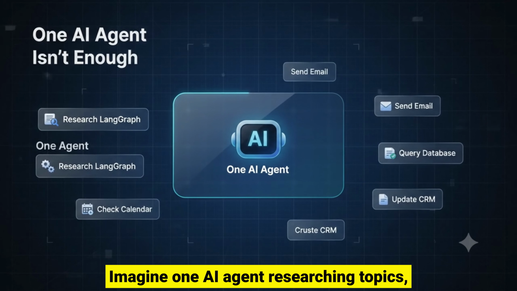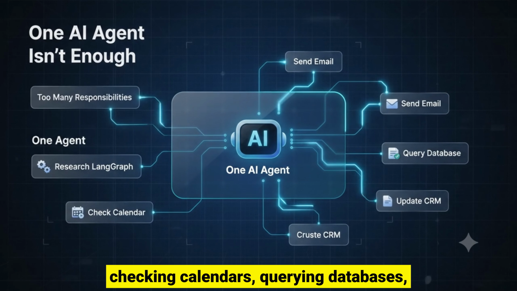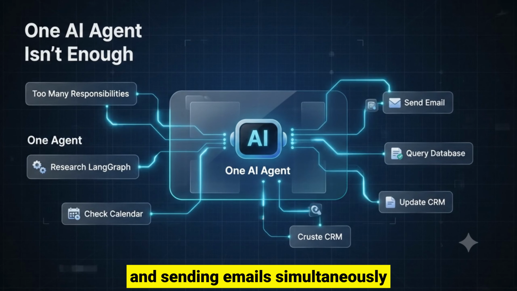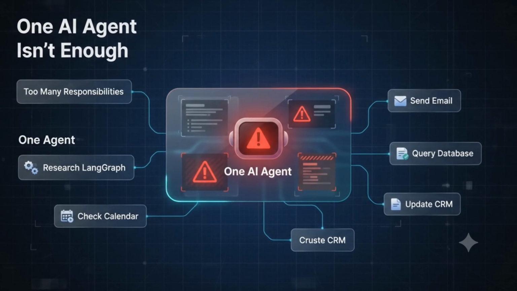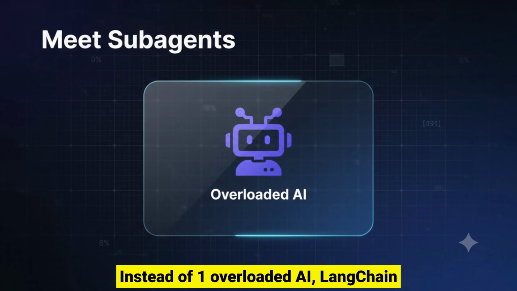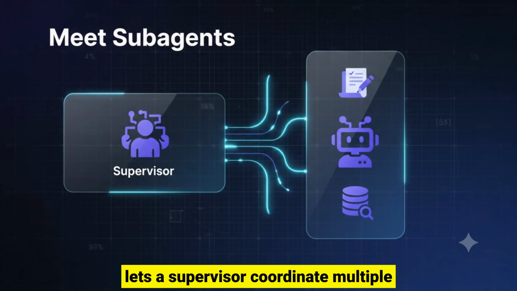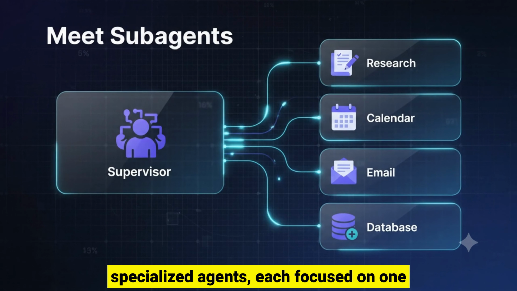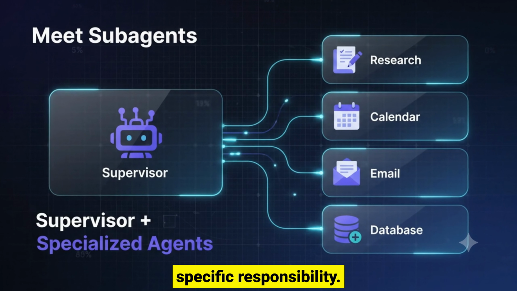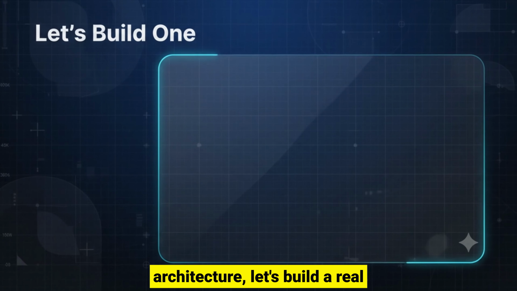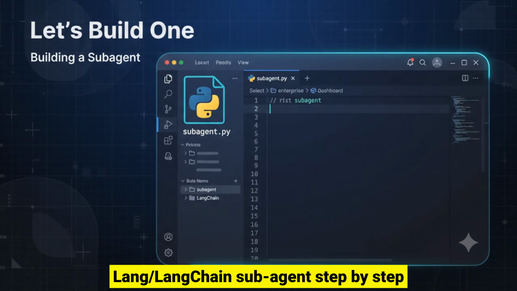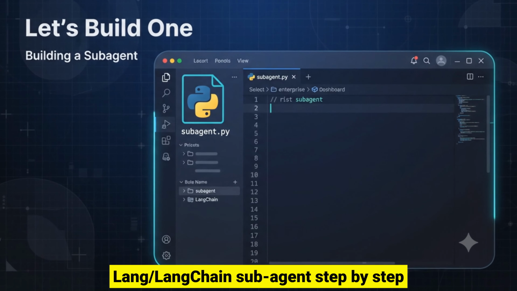Imagine one AI agent researching topics, checking calendars, querying databases, and sending emails simultaneously. Eventually, it becomes overloaded. Instead of one overloaded AI, LangChain lets a supervisor coordinate multiple specialized agents, each focused on one specific responsibility. Rather than only understanding the architecture, let's build a real LangChain Subagent step by step using the